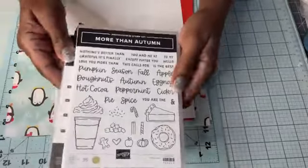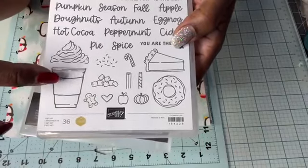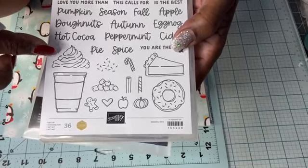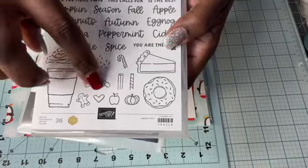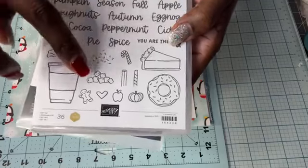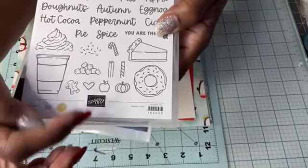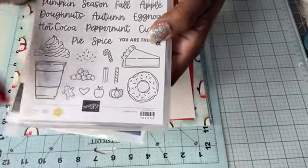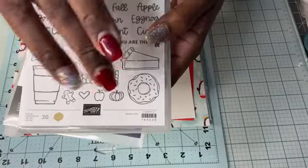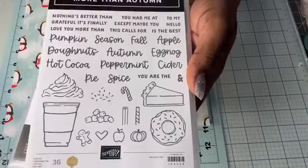The stamp set is really cool. Can you see everything that's in there? You have a cup that could be coffee, it could be hot chocolate or whatever you'd like. There are some marshmallows, but I suppose that could be ice. I think they're marshmallows. There's sprinkles. You have a little gingerbread man, a heart, apple, pumpkin. You could put straws in your cup if you wanted. There's a piece of pie and a donut. And then if you can see